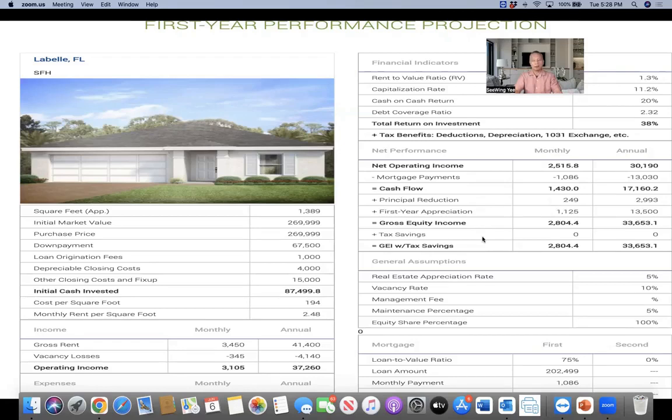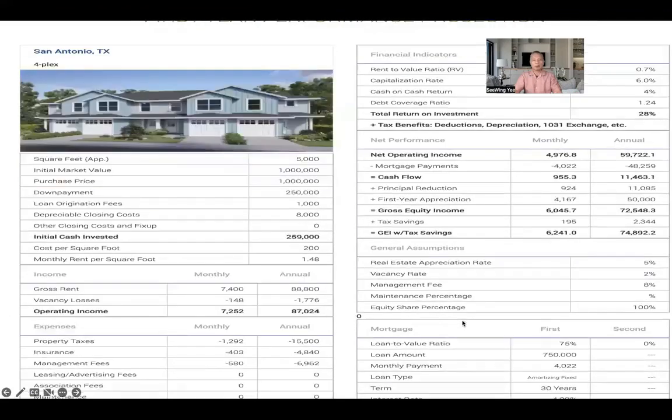All right. So at the end of the day, this is the best case scenario for a midterm rental property in this situation. All right. So does that make sense? So bear with me. All right. This is the before and after on the single family home. Now, again, the numbers